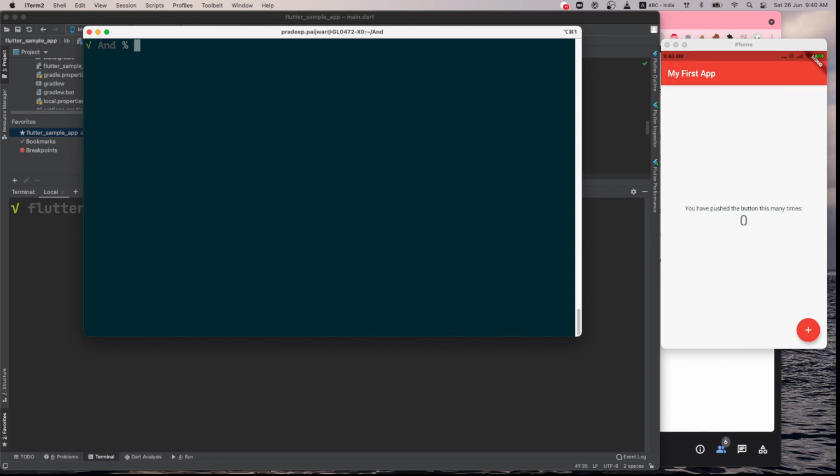Okay, you can write a command called flutter doctor, and this will tell you about your Flutter status. Sometimes you will get a problem, so this utility called flutter doctor will detect any problem and tell you what is the problem with your Flutter. So for me it's checking what version of Flutter I am using, and other status it will tell.